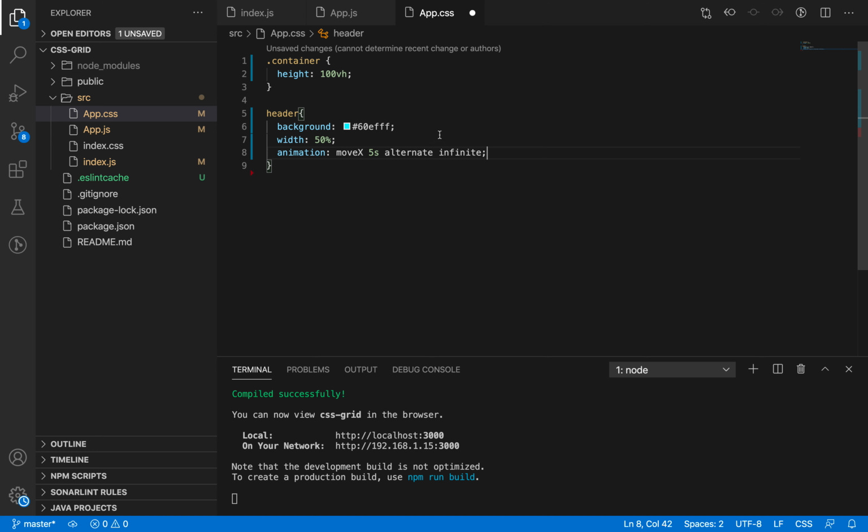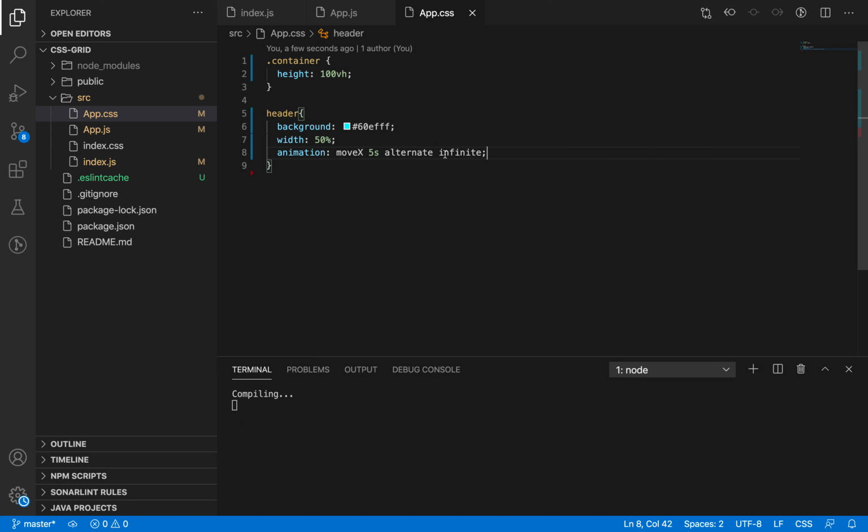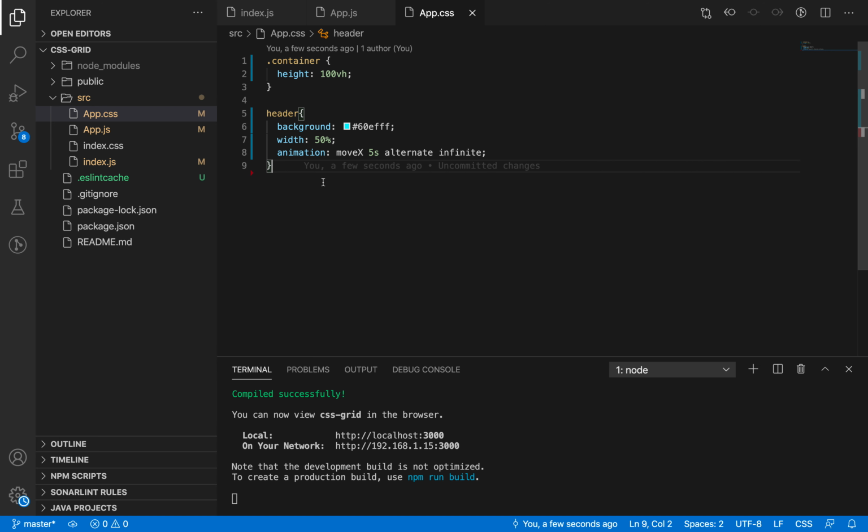So these are the four basic properties, which is the animation name, the time duration of the animation, what you want the animation to do after one cycle, and how many cycles you want the animation to have.